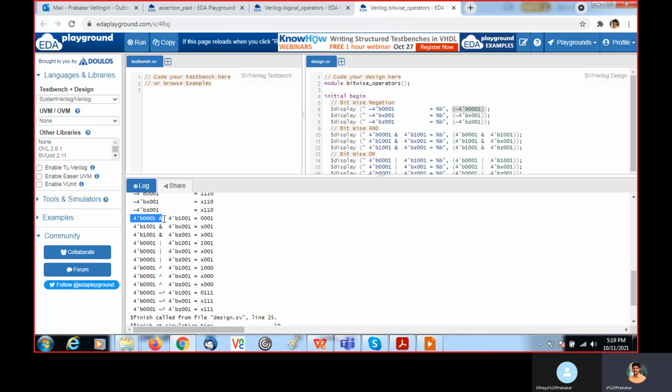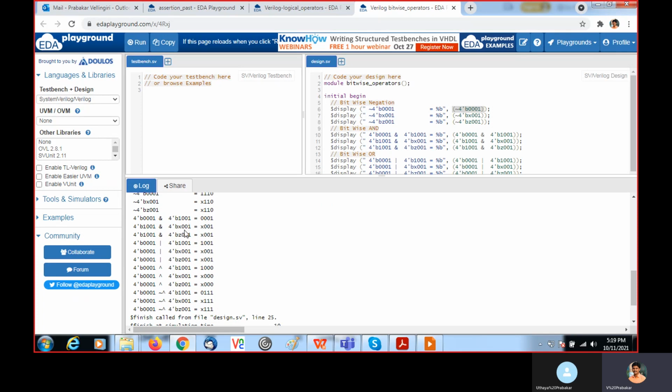Then here, you are performing bitwise AND between these two values. 1 and 1, you will get 1. If any one of the bits is 0, you will get 0. Here all bits are 0. 0, 0, 0, 0, 0, 0, and 1, 0, you will get 0.